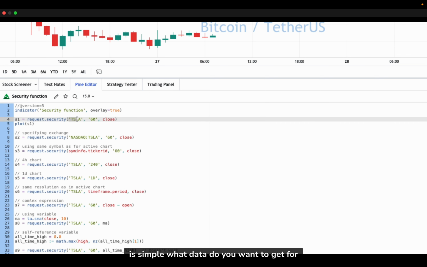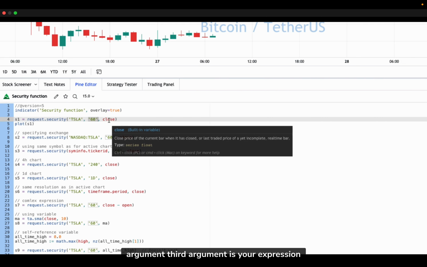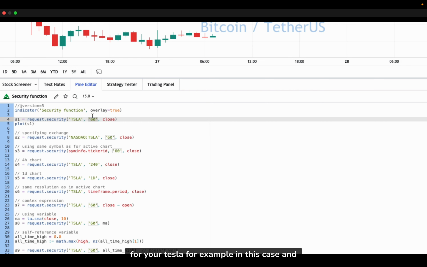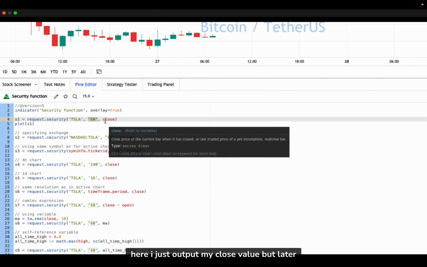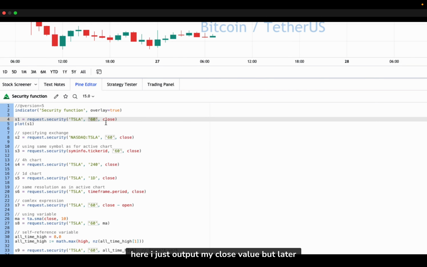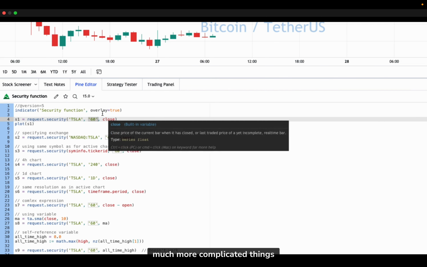The first one is the symbol, what data do you want to get. Next is your time frame, so 60 means that these are minutes, and the third argument is your expression. What do you want to compute for your Tesla, for example, in this case. And here I just output my close value, but later I will show you that you can actually do much more complicated things